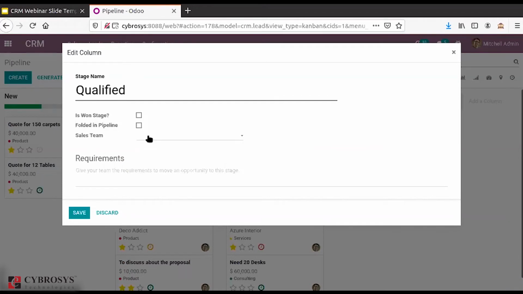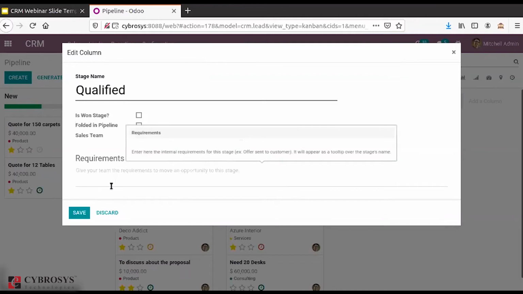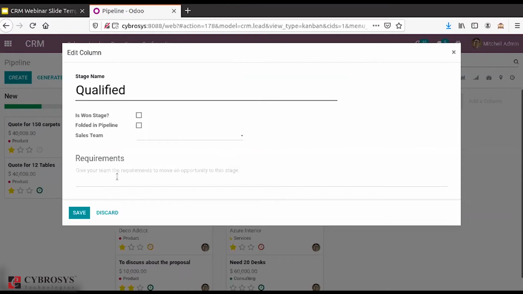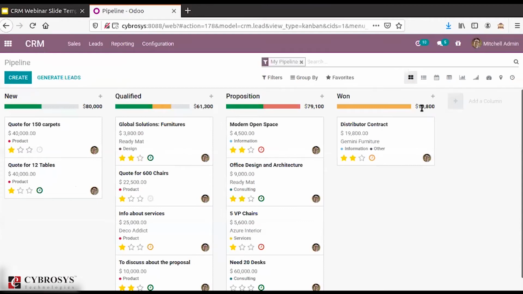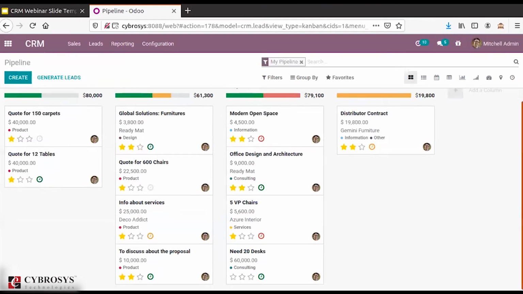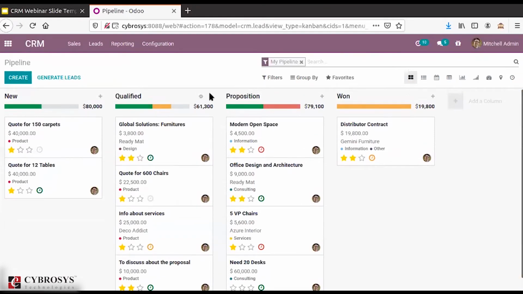If you want to assign a particular stage to a sales team, you can mention the sales team, and you can provide your team requirement for different stages. These are some of the features, or options, we have with the stages.